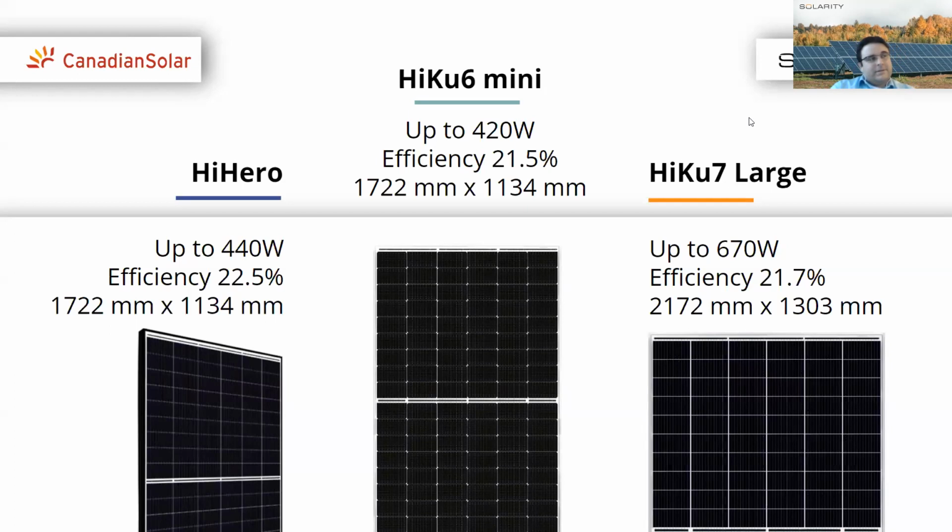Very popular in the residential sector in Central Eastern Europe. They have a full black option, black frame option, and the various technologies which Christina mentioned and will be mentioning. Okay. So on this page, you can see where they are with their power output, what the efficiency is, and the most available frame size.